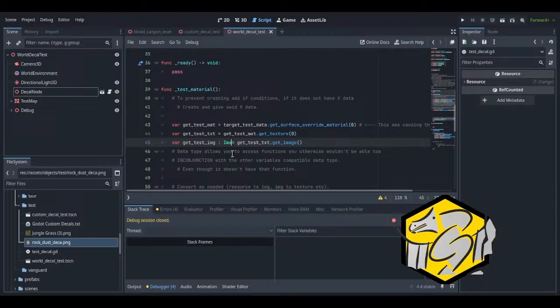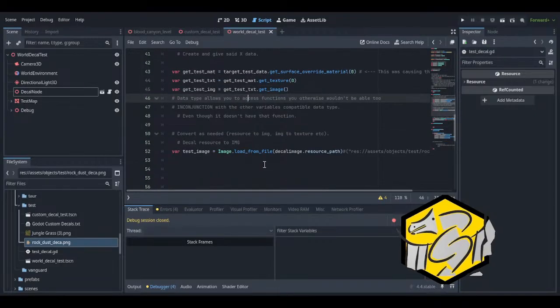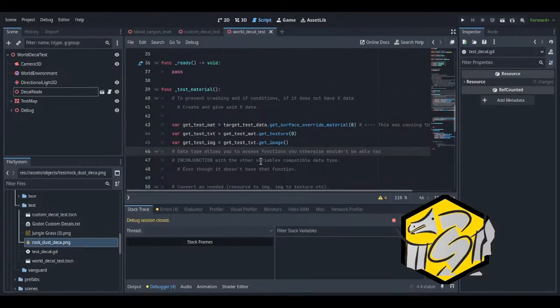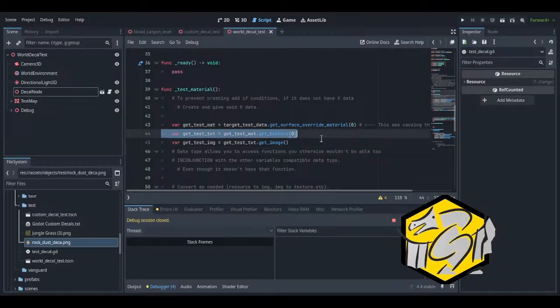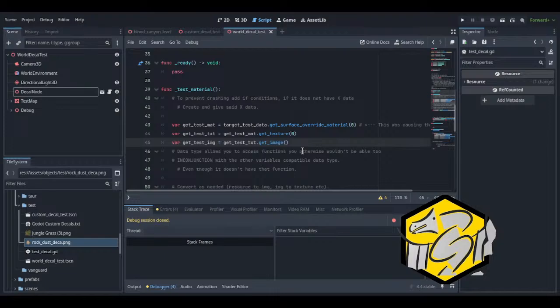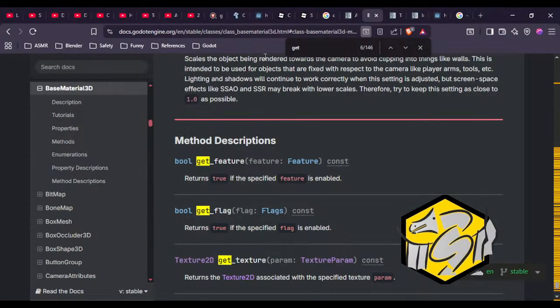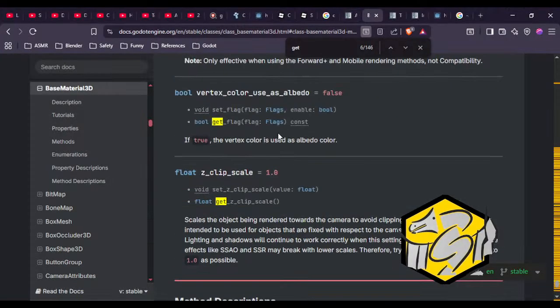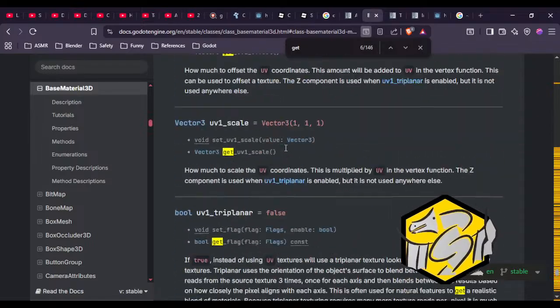Hang on. How do I convert a texture to image? I forgot already. Just a texture.